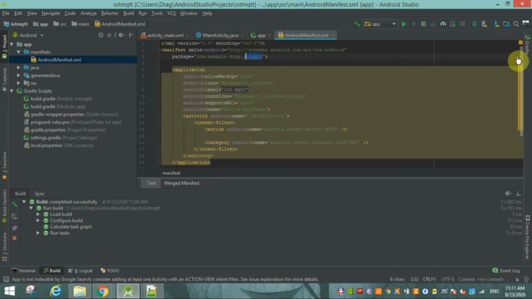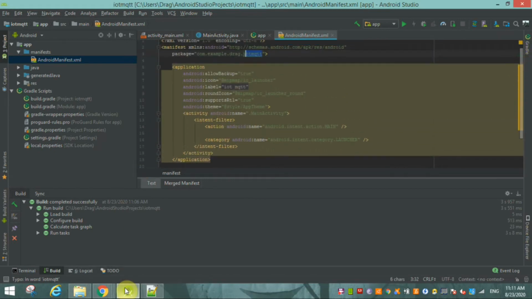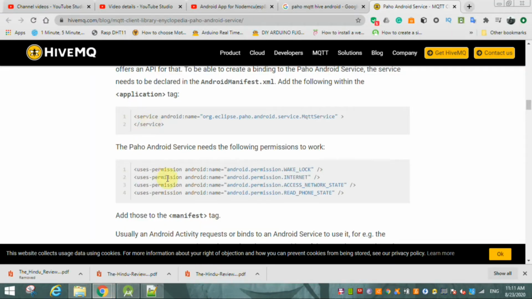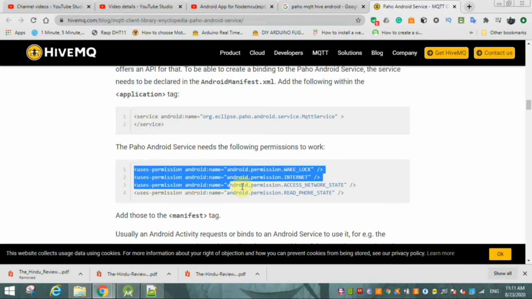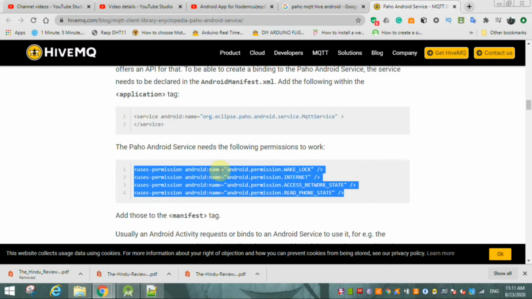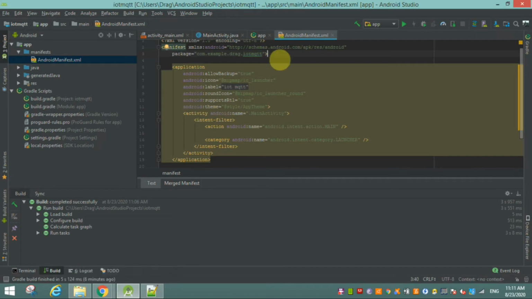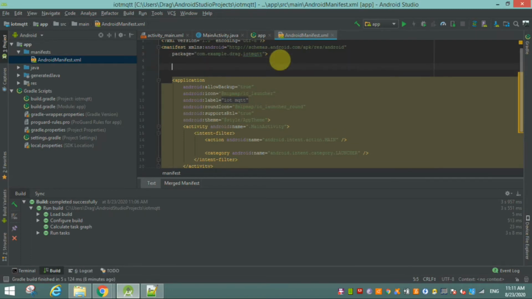Now over here we have to add some permissions: uses-permission, android.permission WAKE_LOCK, INTERNET access, ACCESS_NETWORK_STATE, and READ_PHONE_STATE. This type of permission you have to add. Now copy it and paste it over here.